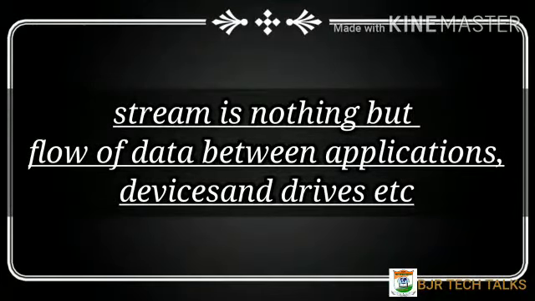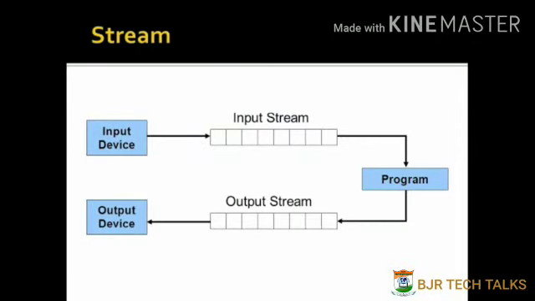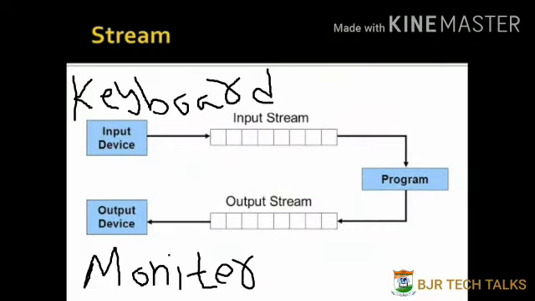Stream is nothing but flow of data between applications, devices, and drives, etc. How does this data flow? For example, consider a block diagram. In this diagram, consider the input device as a keyboard and the output device as a monitor. If we enter some data on the keyboard, then that data will be taken by the program and it will be printed